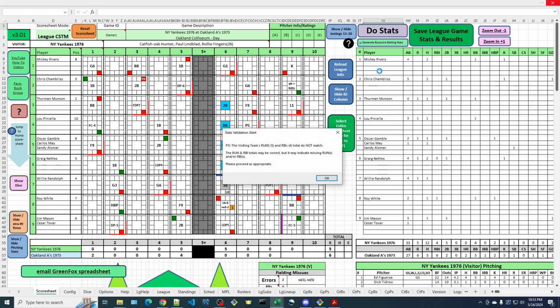It will complete the stats, and it's giving us a stats validation alert. It says FYI, the visiting team runs 5 and RBIs 4 don't match. They might be correct, but it might indicate missing runs and or RBIs. Please proceed as appropriate. This is just a warning or an alert. It doesn't mean anything's for sure wrong. And this just says GreenFox completed the stats,